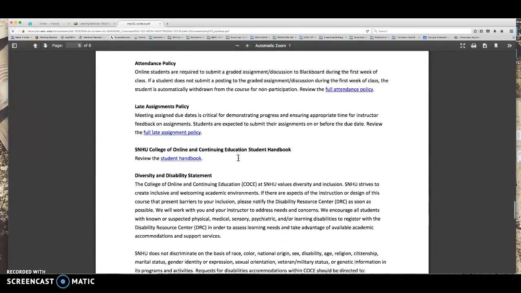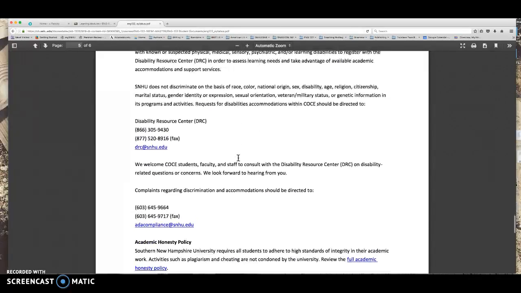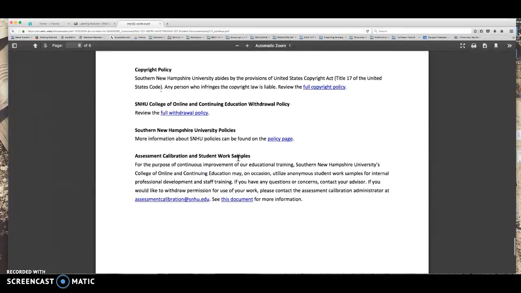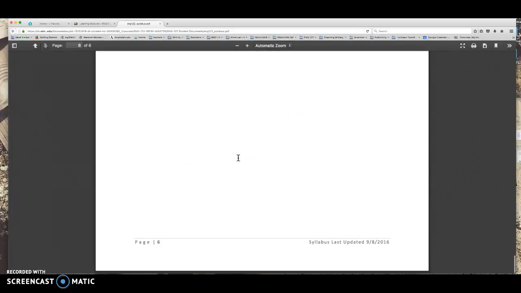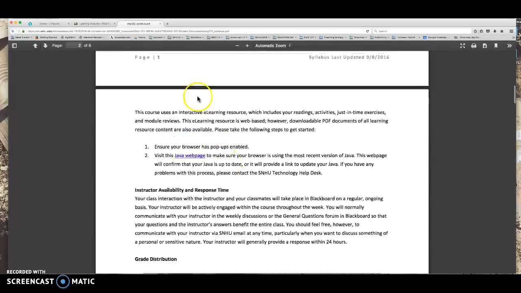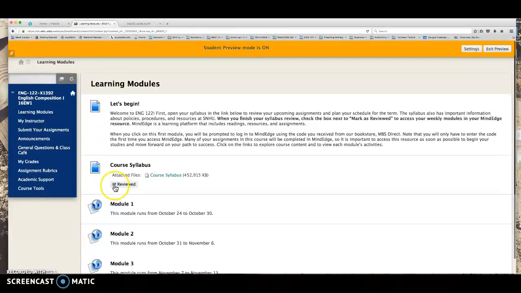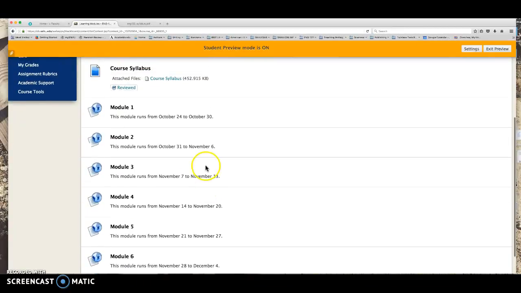Attendance policy, late assignment policy, diversity and disability statement, academic honesty, withdrawal, assessment calibration, and so on. So that is your syllabus. After you view your syllabus, you can click Mark Reviewed, and hopefully this will work. Then all the modules will show up. So if I'm going to just click on Module 1,